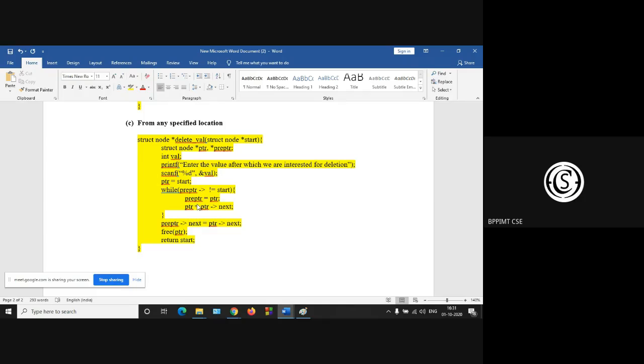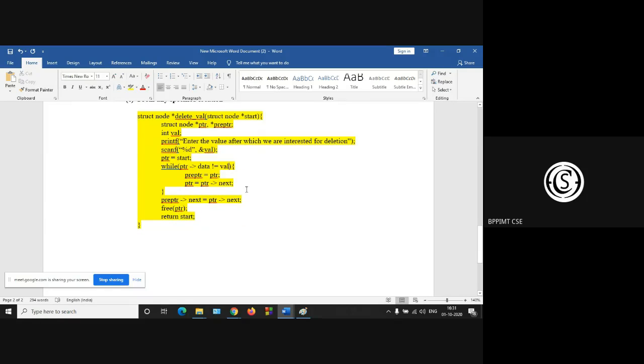PTR next or PTR data? Yes, sir. Pre-PTR next or PTR data, anything. So this will be PTR data. We can do PTR data or pre-PTR next, anything will be. So PTR data is value.